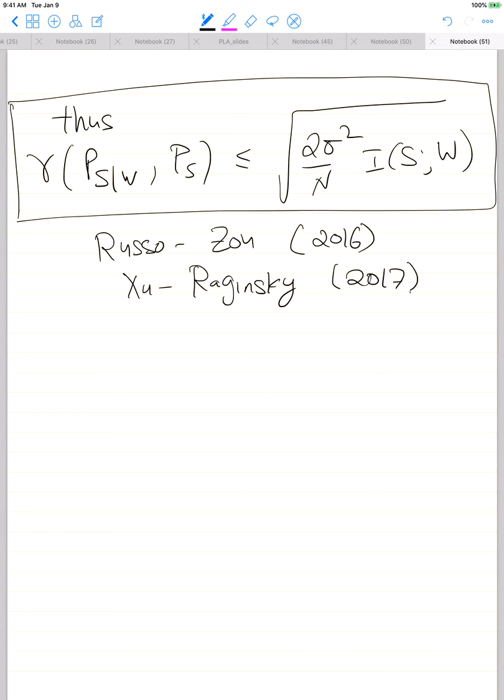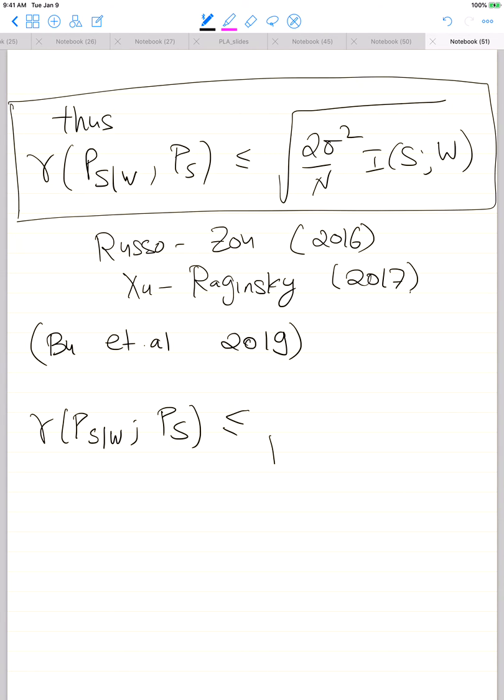I think this is by Bu et al. in 2019, so this appeared last year. And they tightened the bound by showing that gamma of PS given W and PS is upper bounded by 2 sigma square by n. But instead of taking the mutual information between the weight vector and the entire training set, they did the summation